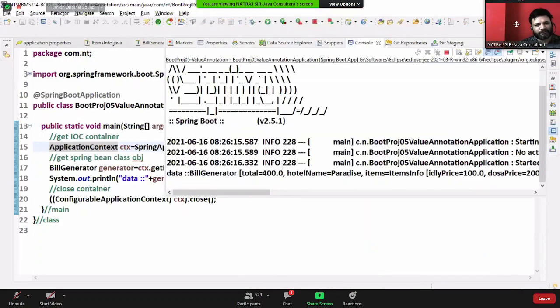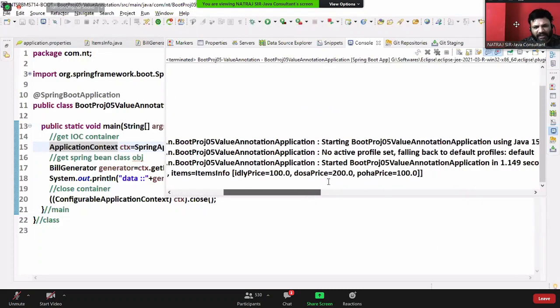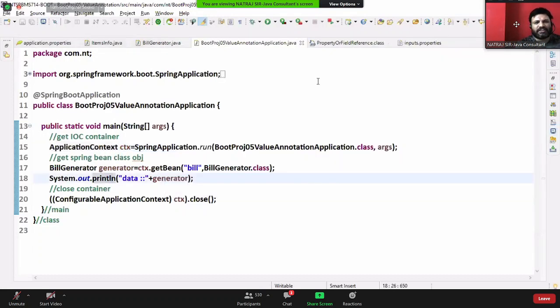Let's see. Yes, 400 has come. Dosa price has come 200, but this time it has gathered from whom? Our user defined properties file. Okay, now the question that rises is, if it is there in both places,